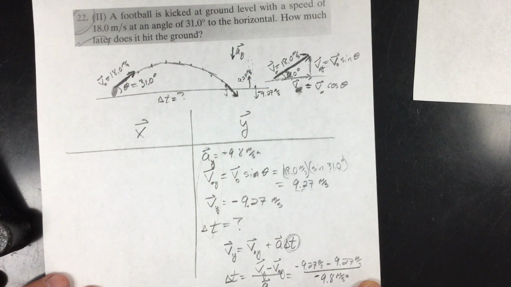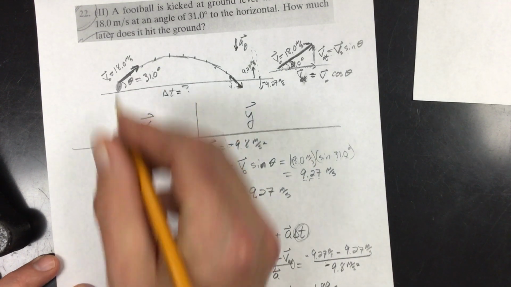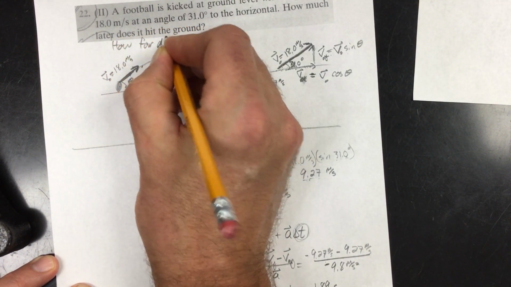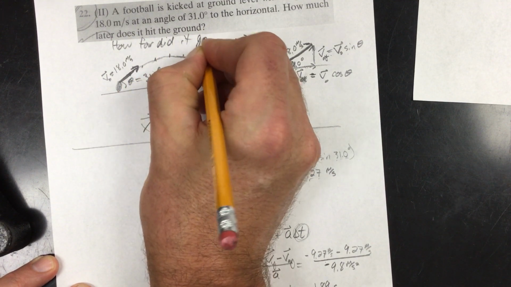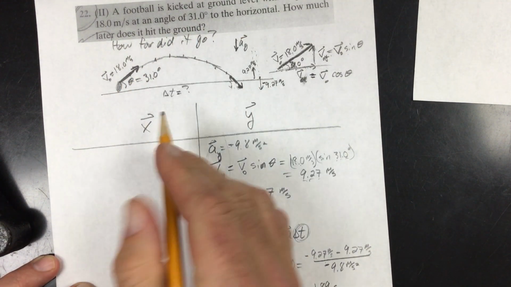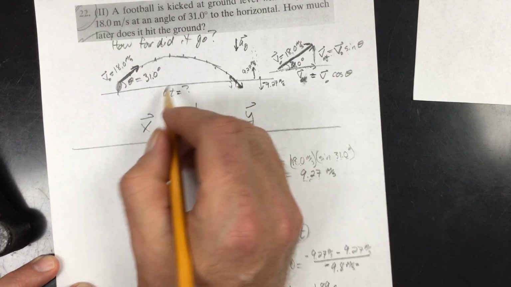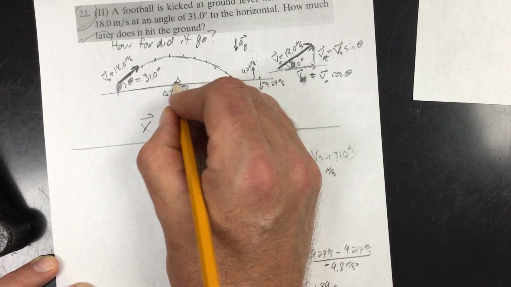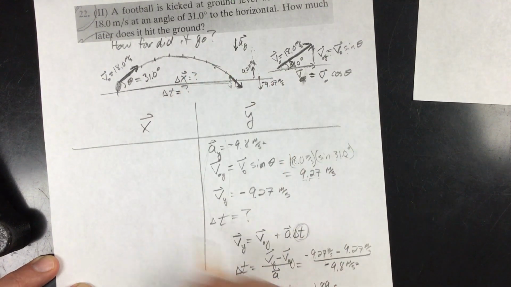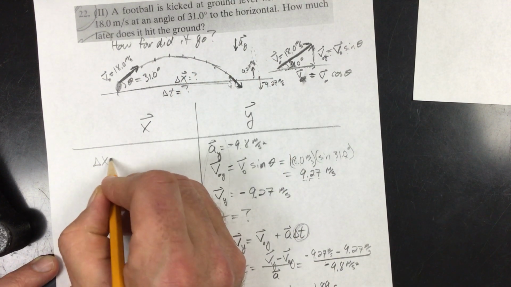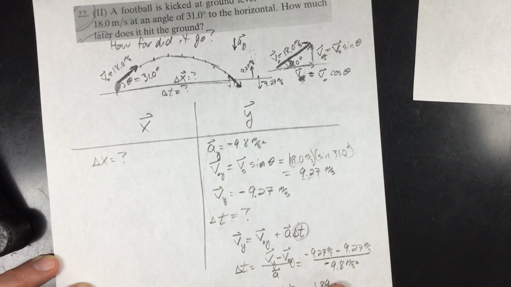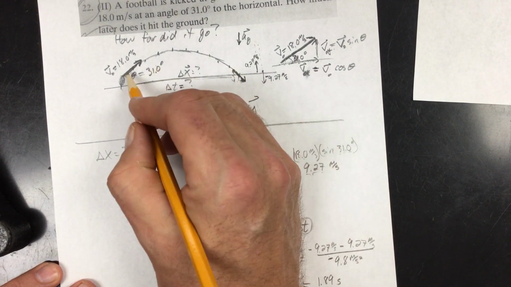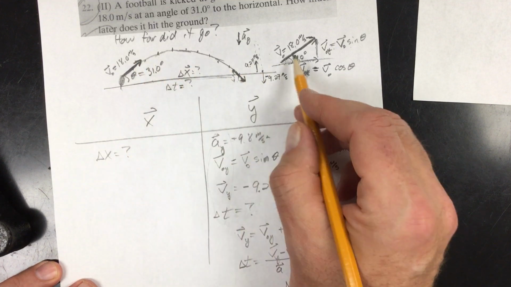But I'm going to throw in a bonus question for you. All right, bonus question. How far did it go? How far did it go from here to here? Well, as soon as I talk about this, now I'm looking for a horizontal displacement. What else do I know that's going on horizontally? Well, I know the initial velocity, but wait a minute,